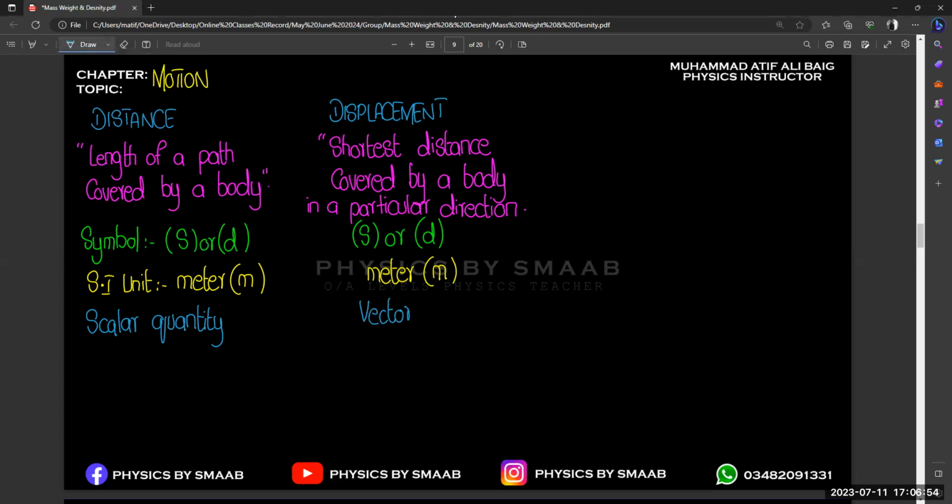And why are we writing shortest distance? Because if we are moving in a particular direction, that will be the shortest path, right? Because we will always try to cover distance in a very short time. A very simple concept. I'm not explaining in detail because these are very common concepts we have already studied many times. Our main concern in this chapter is to study the graphs, right?